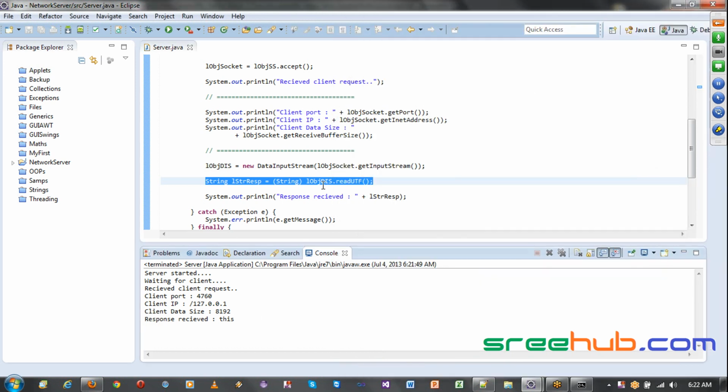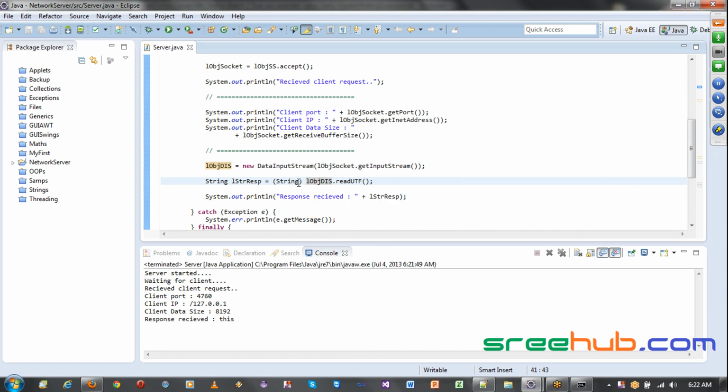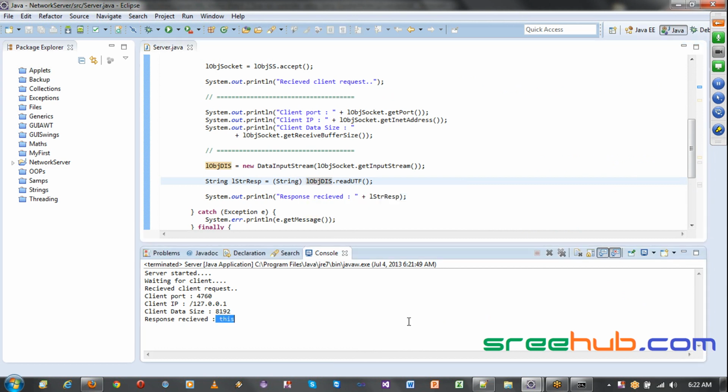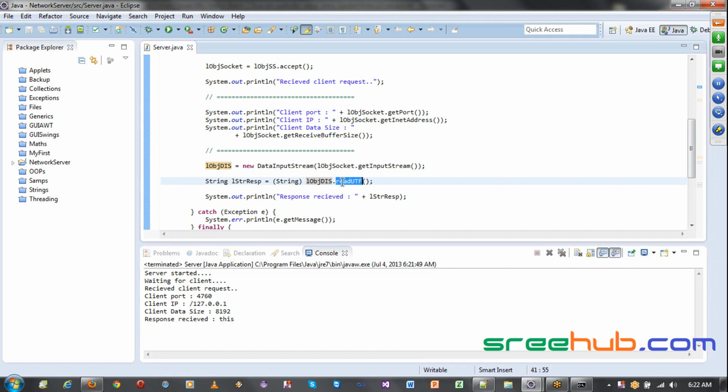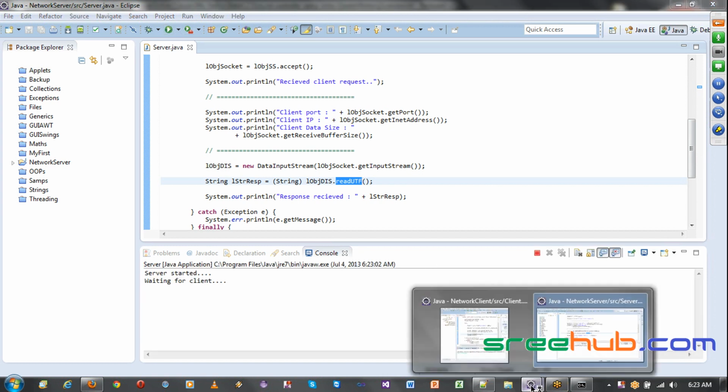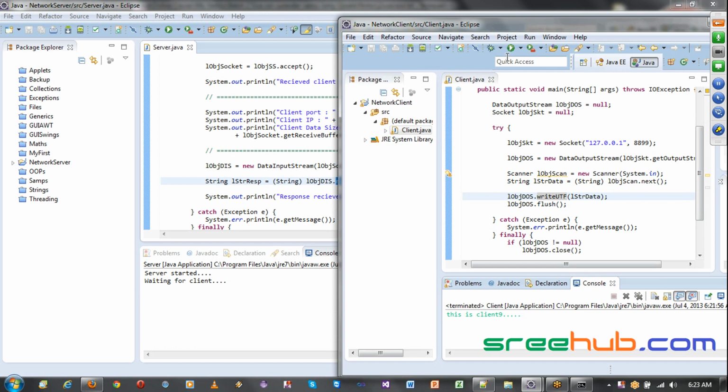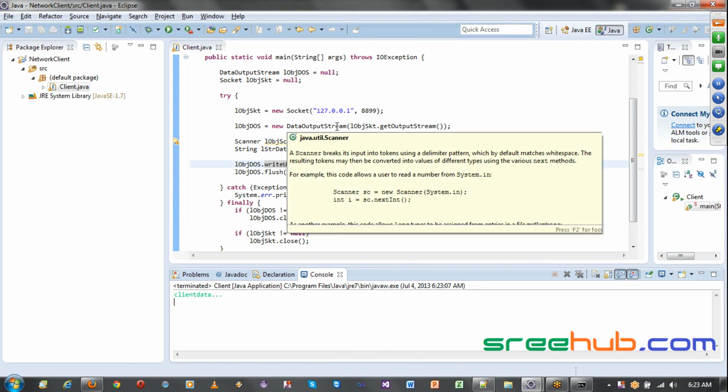Anyways, what we have done here is we have restricted our UTF. Maybe it should get the complete data, but it hasn't, doesn't matter. It all depends on what data you are actually sending. Now let me run this again and send one more client here. Let me run this again and just say client data something. You can see this client here. That's how this works. This is how you actually design your server client program,